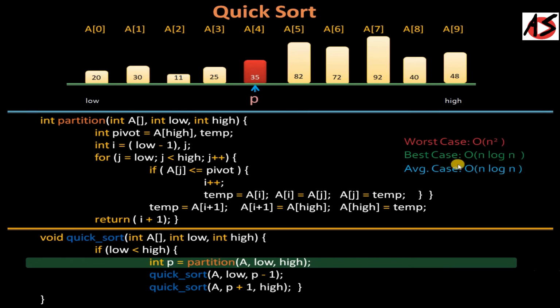As far as the space complexity is concerned, this algorithm is in place. No need of any extra memory to store the elements when you are sorting the elements using quicksort. But obviously, you are using recursion here. So in recursion, to maintain the stack, you need some extra memory to store the function calls in the stack. But you can do this iteratively also, and you can eliminate the extra memory requirements.